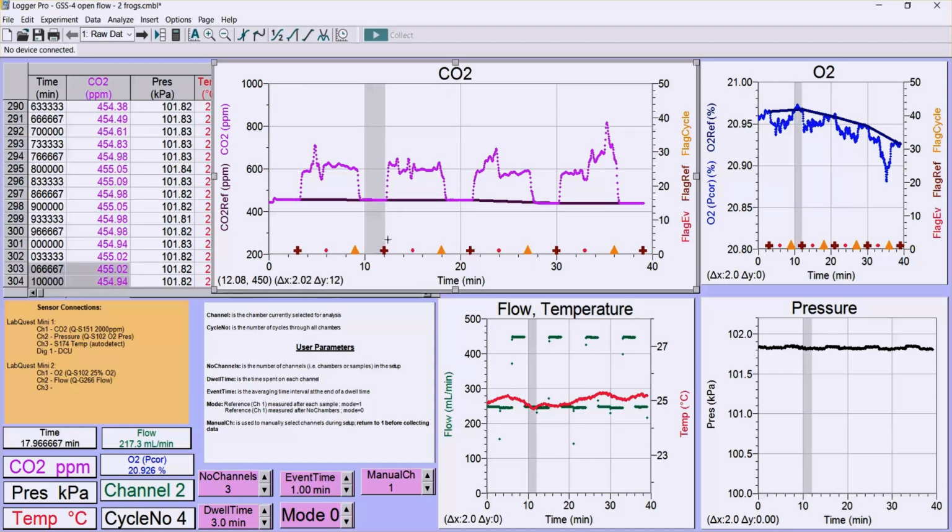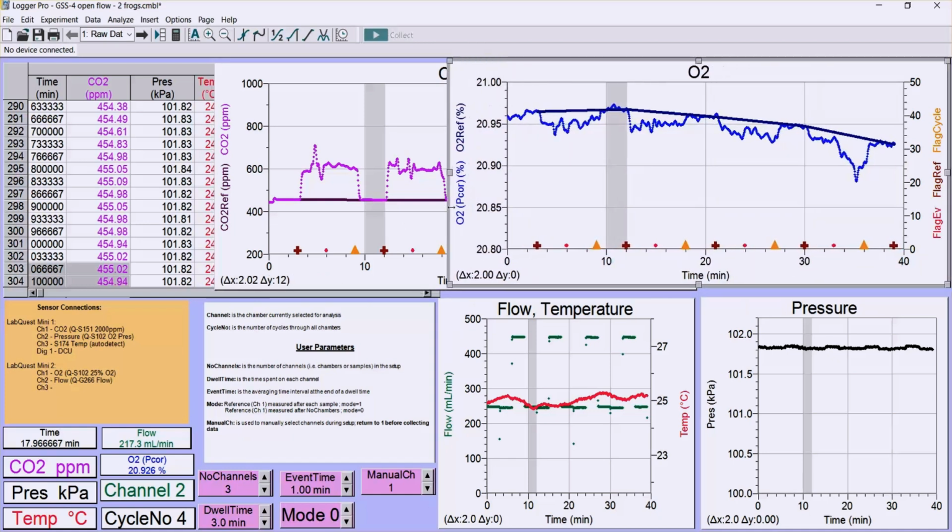This is very useful and important because especially if you have drift, like in this case with the oxygen data. I'll stretch this out here. You can see that the reference is drifting down a bit. So it's very important because the data is corrected for that drift when differentials are calculated,